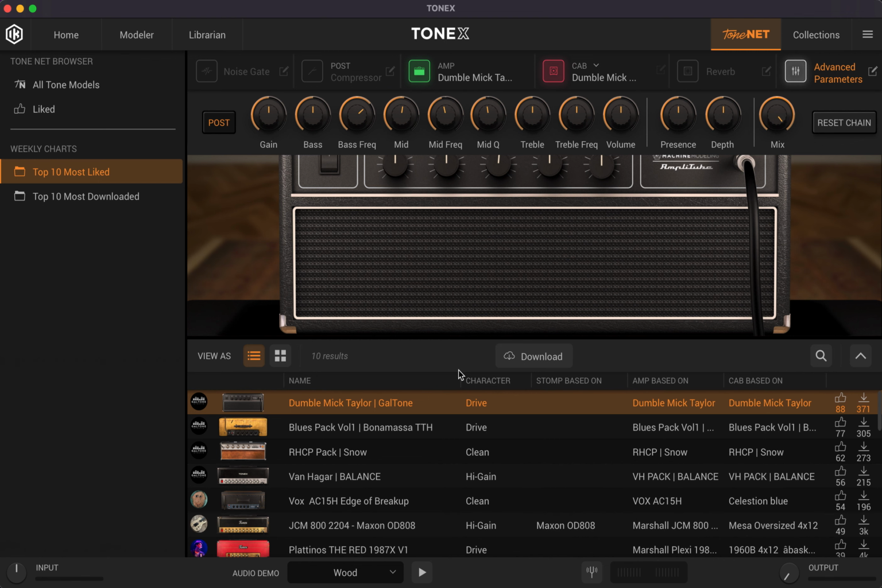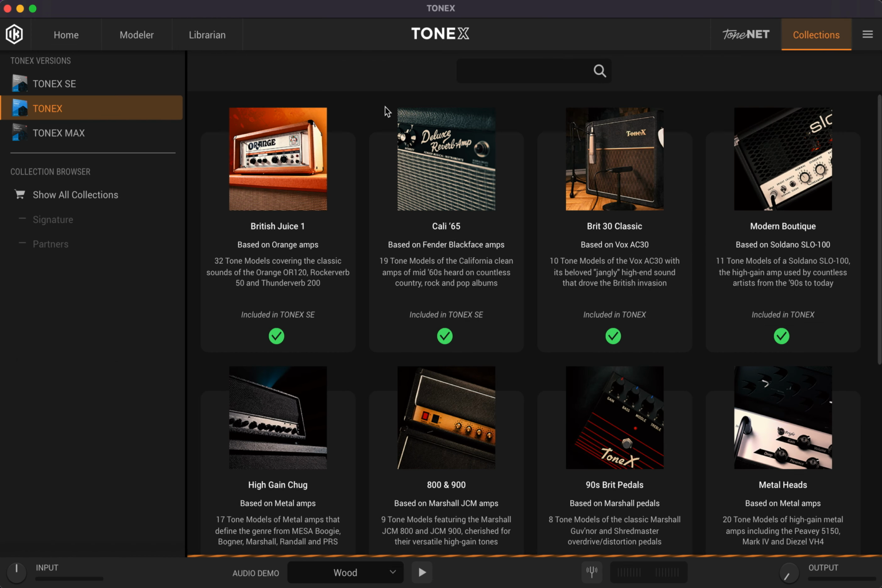I'm trying to think of what else might be helpful. That kind of covers the basics. Outside of ToneNET, everything in the ToneNET tab is free for you to access if you have the ToneX Max license. If you go to this collections tab, this is kind of like IK's official store for their ToneX partners,